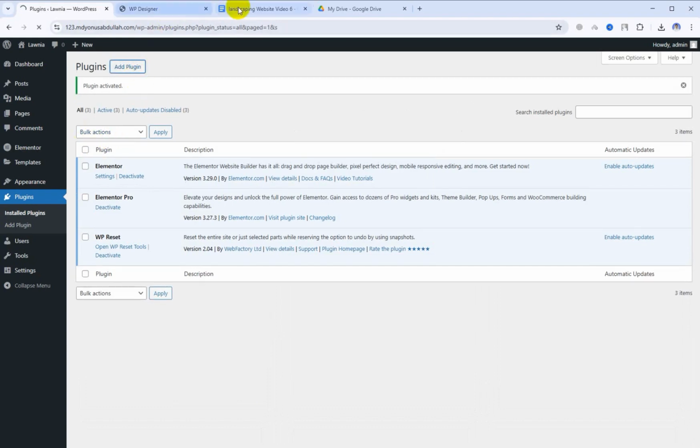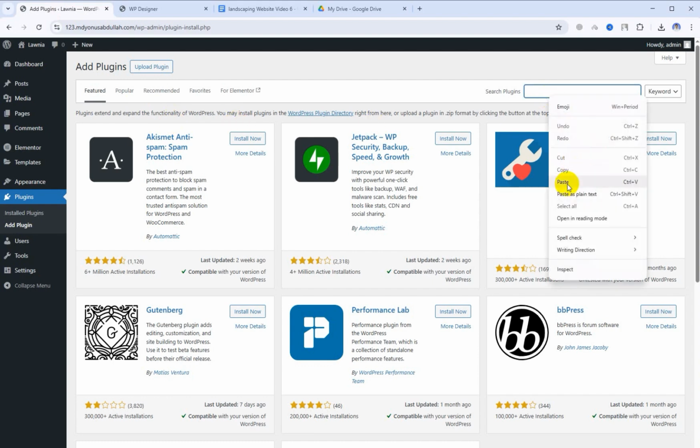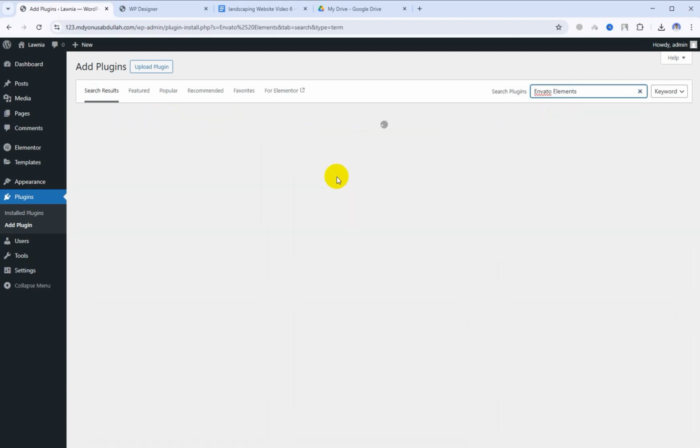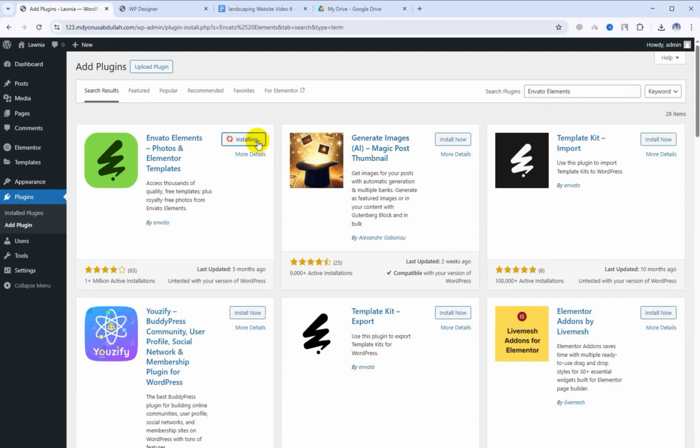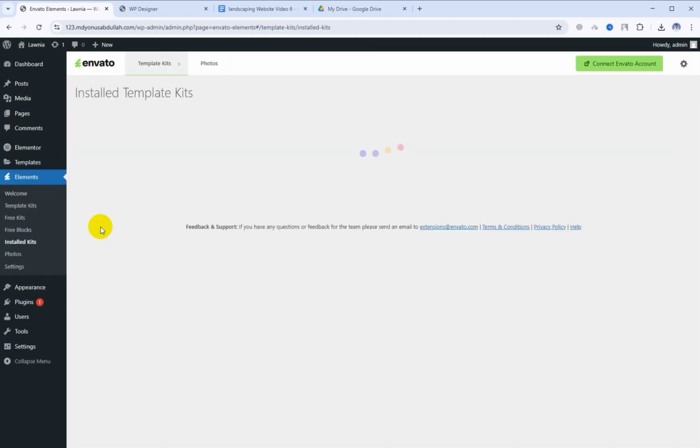Then we add another plugin. It's Inverter Elements. This is a free plugin. Install now and activate. Now we add our premium template, go to elements and install kit